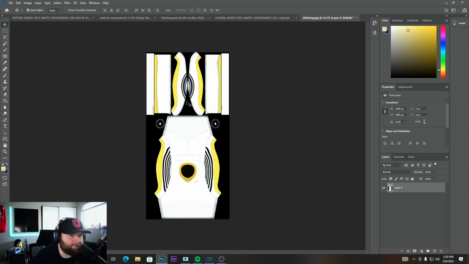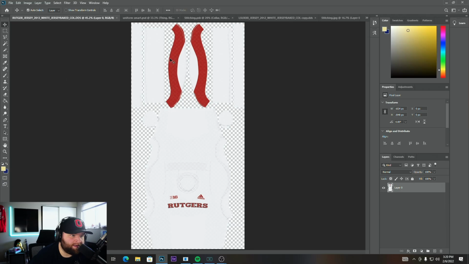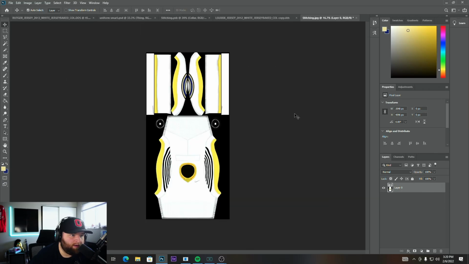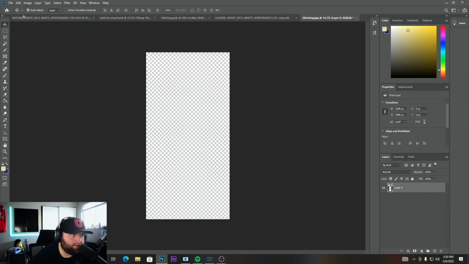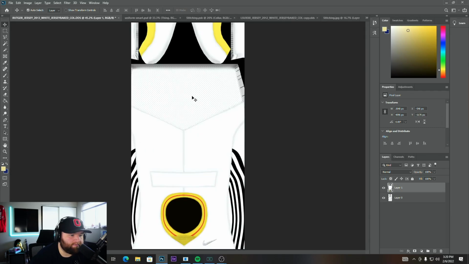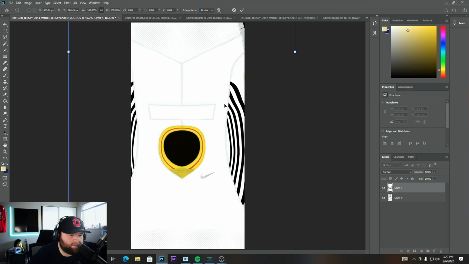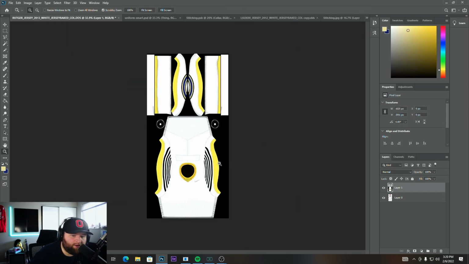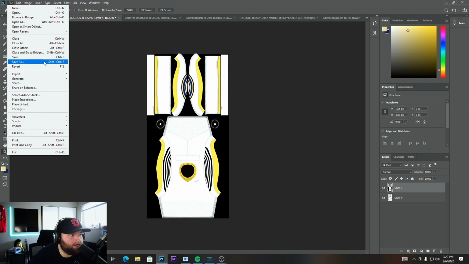So this is your JPEG. Now all you're going to do, you see this Rutgers one? This is the one that we pulled from the file. You're going to take your JPEG, drag it over here to your Rutgers. Now to see how much bigger this is, Control T, select it all. And we are lined up perfectly, okay? Now we're at a point where you can save this as a DDS. All you're doing is overriding these existing files, so